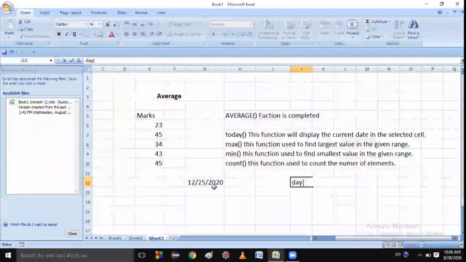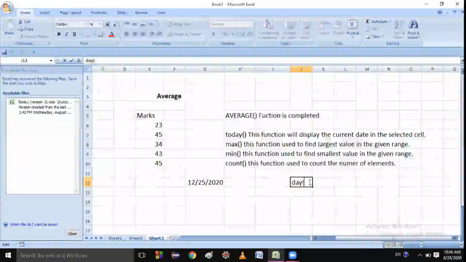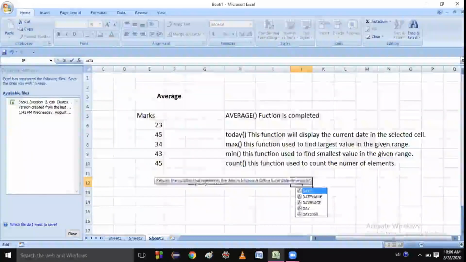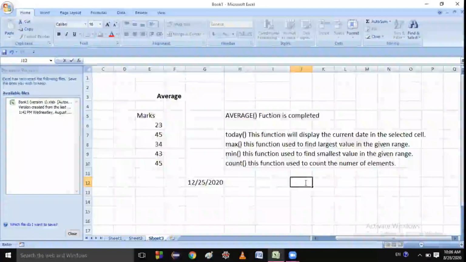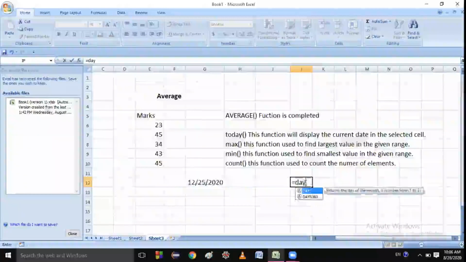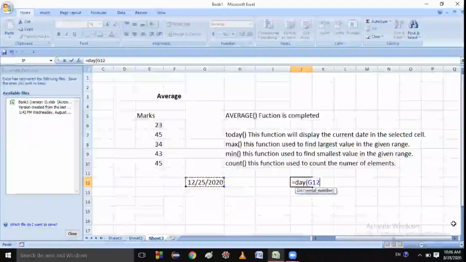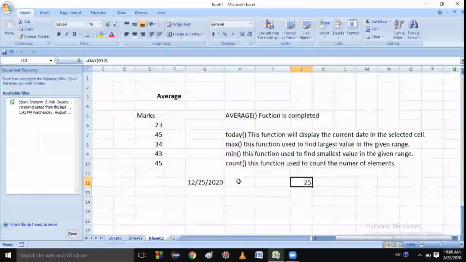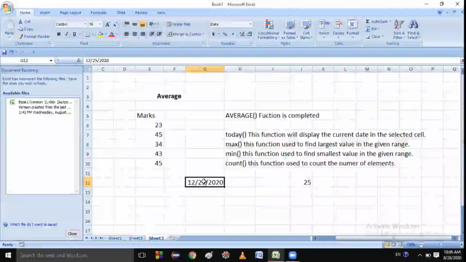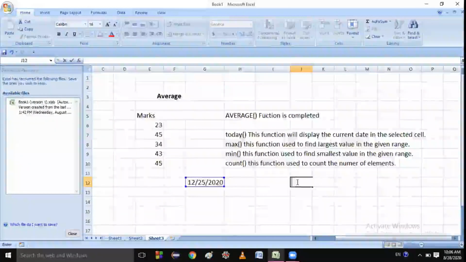Suppose I write equal to DAY and this cell, then press enter, you get 25. What is 25? 25 is the date. Is it clear? Yes. So are you getting the correct things right now?